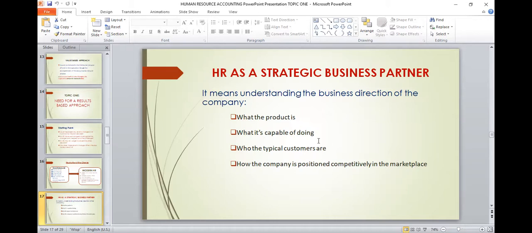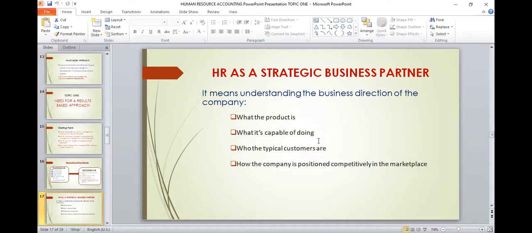If any one of these firms does not adopt the right strategies, it will be out of the market. So we have to ensure that our organization is able to compete in this market, and the only way we'll achieve that is by being strategic business partners. That means we have to understand the product. So you have to step down and move to the production chamber. This is the time for you to move to the production chamber. Say, hello, how are you doing, guys? Observe what is going on.